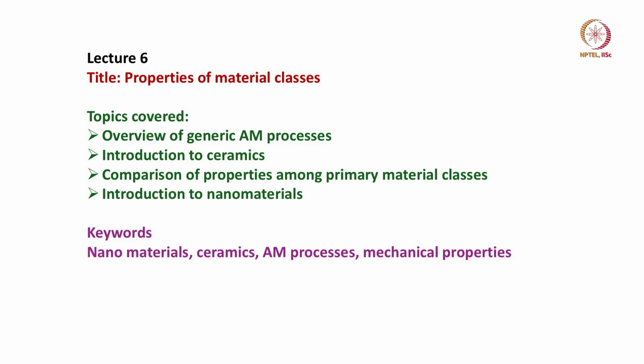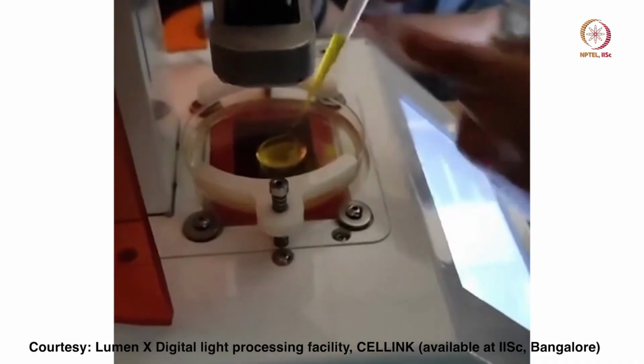In this lecture, I will be continuing my discussion on the overview of different engineering material classes. However, before I do that, let me also show you how some of the materials are additively manufactured. I will first show you some videos so that you continue to appreciate the additive manufacturing processes, and at the same time learn some of the key attributes of the material classes. So, this is the first video.